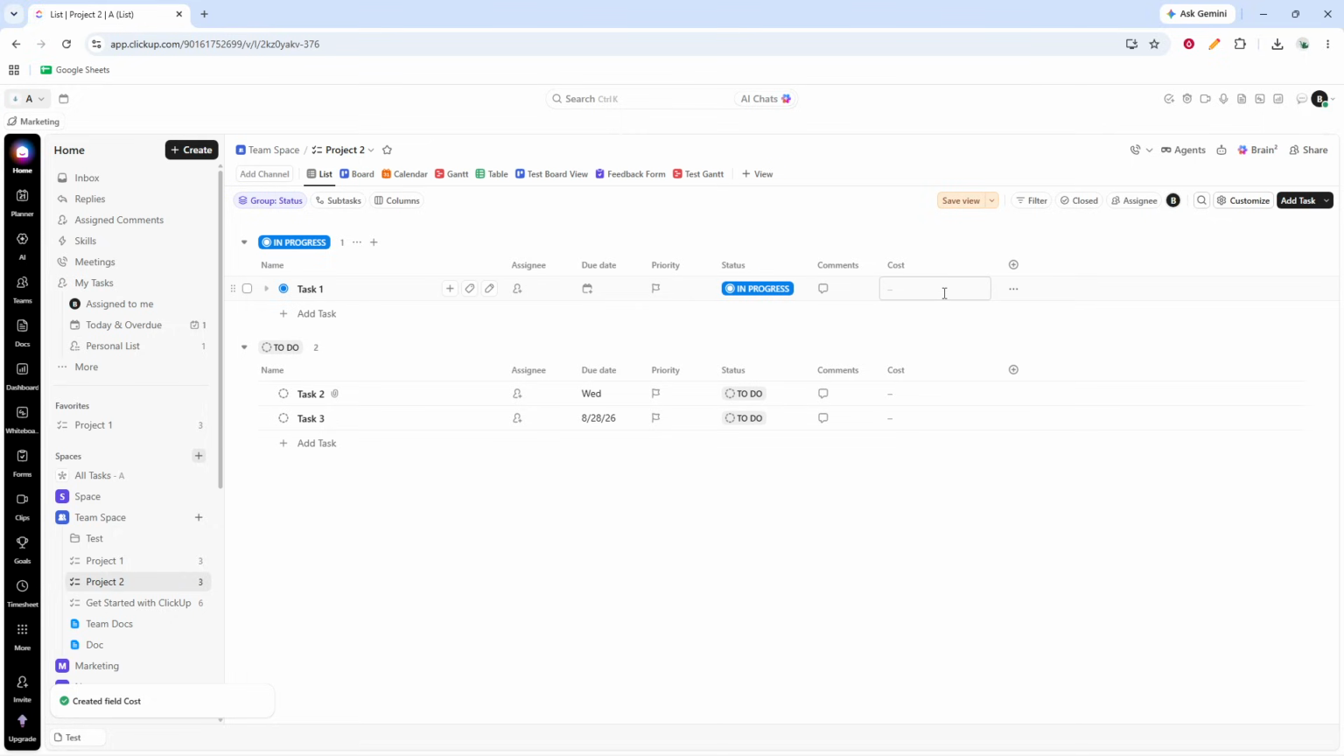ClickUp will now add the new money field to your list, and you should see it appear as a new column beside your tasks. To use it, click the new field next to any task and enter the currency amount. You can repeat this for as many tasks as needed. This is a great way to compare costs at a glance and keep all financial details directly connected to your